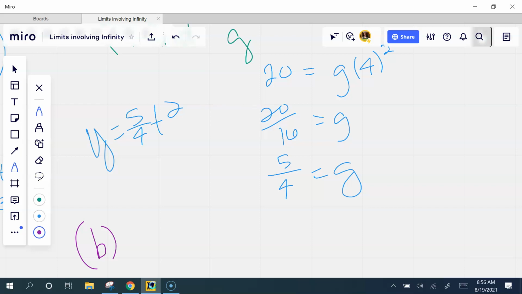What did it say? It said in the beginning, let me read it one more time. A rock released from rest to fall on a small airless planet falls y equals g t squared meters in t seconds. G is a constant. Suppose the rock falls to the bottom of a crevice 20 meters below and reaches the bottom in 4 seconds. So what was my elapsed time? 4 seconds. What was your average rate of